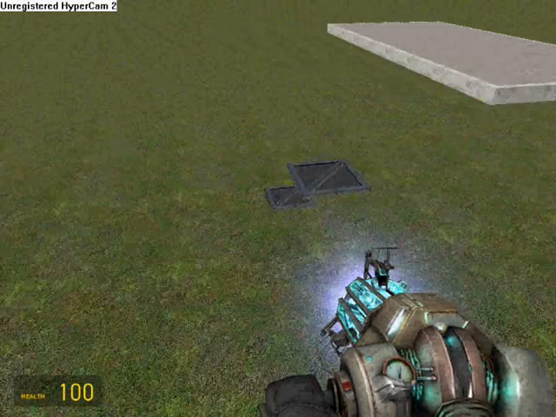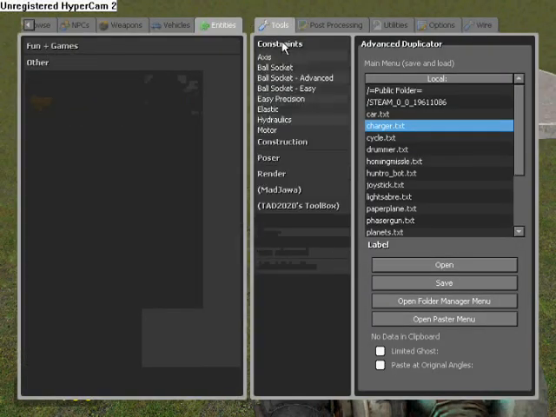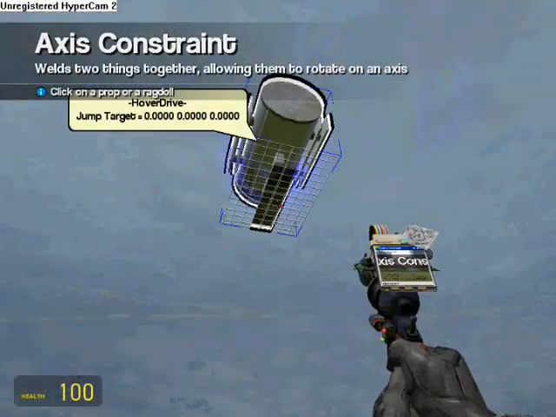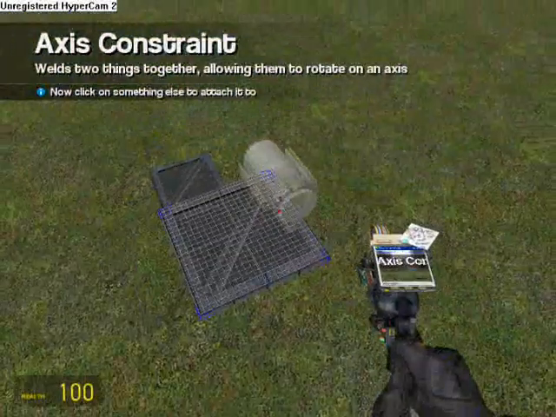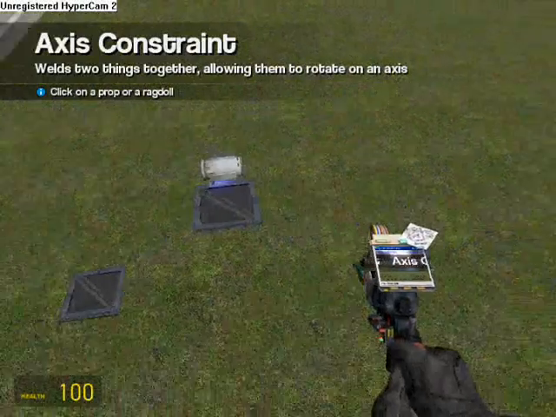Why did it spawn two plates? That's weird. Pull it into the air. Go to your tools, constraints, axis. I axis mine onto the plates because the axis mixed with the weld is much more secure than just a weld. If you think about it, it can only spin in one place, and then if you put the weld there,